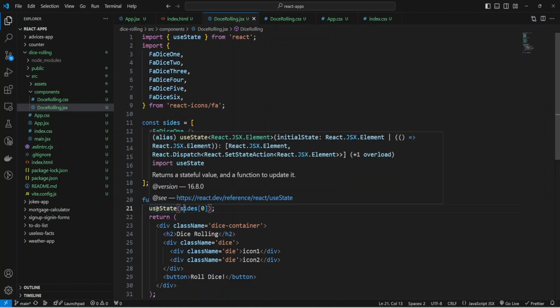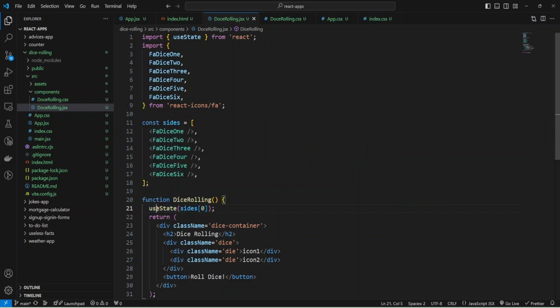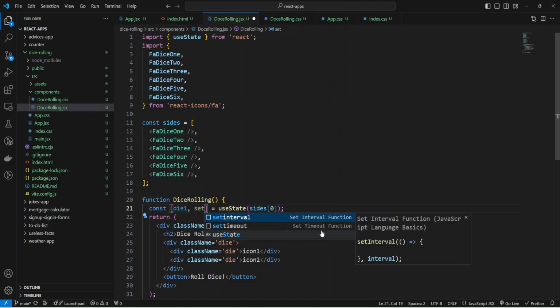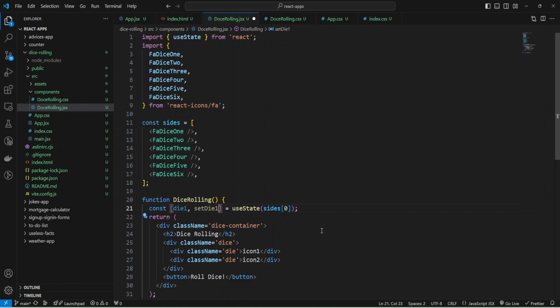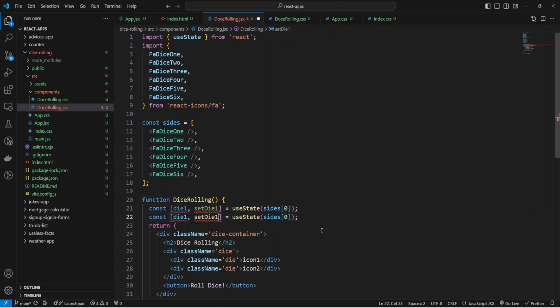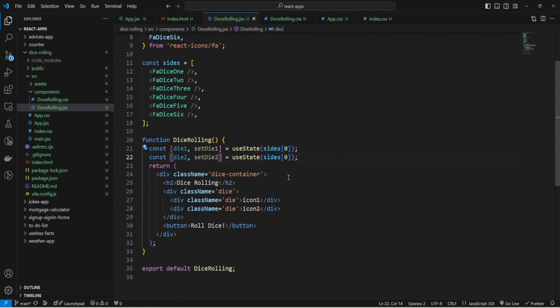As you can see, useState returns a stateful value and a function to update it. I'm going to save it in two variables with assignment. The first variable will be die1, and the function to update it setDie1. I'm going to copy paste this useState and use die2. And let's add our state variables die1 and die2.